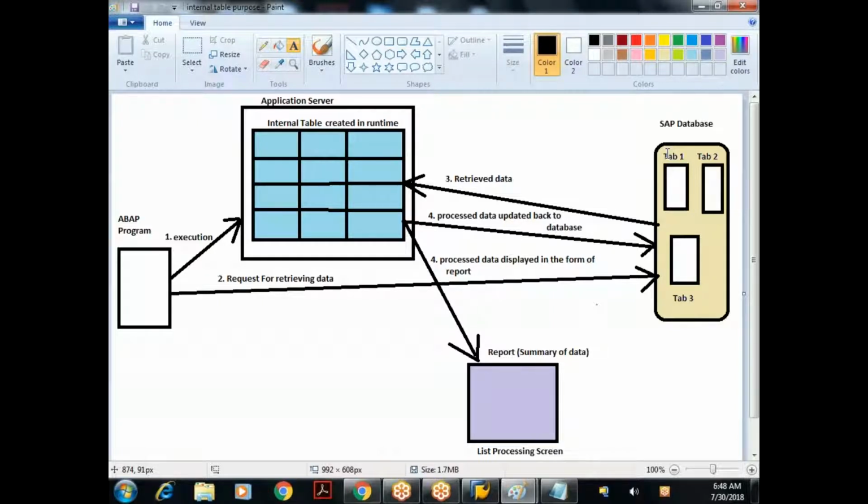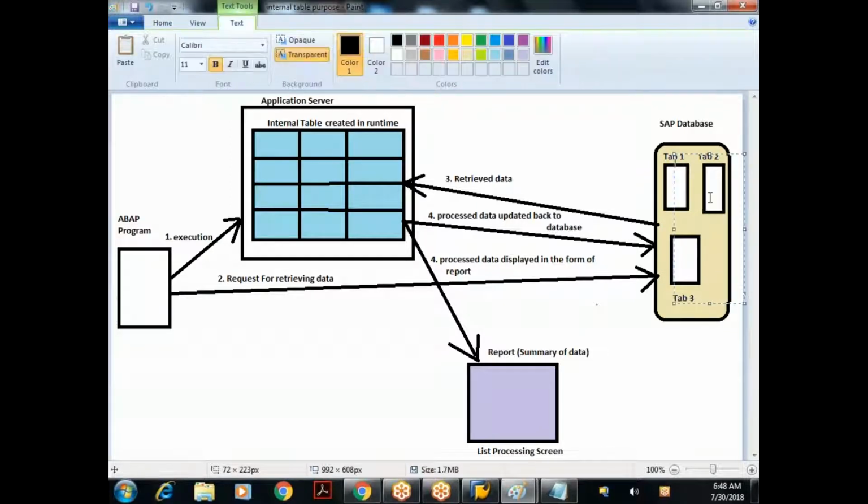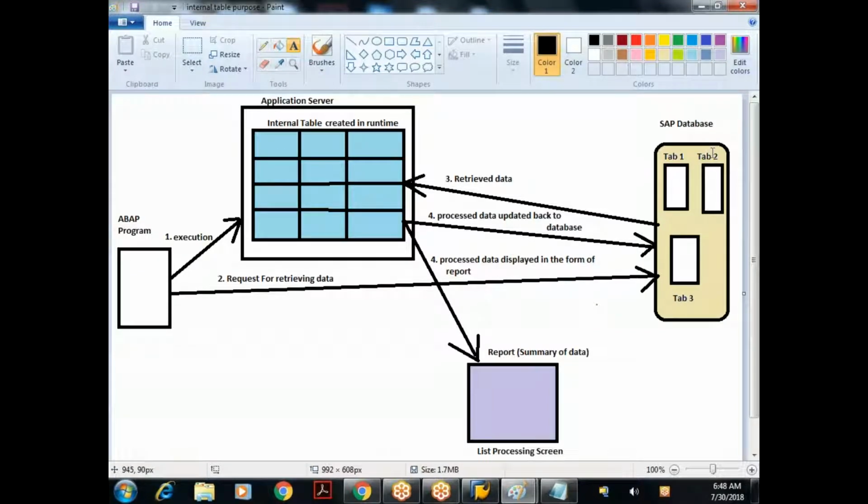Similarly, SAP ERP also contains a database. It can be any database, Oracle, SQL Server, MySQL, whatever it is. So assume that for SAP also you have one database for storing the data permanently. As part of the database server you will have database tables, and they store the data permanently. Assume we have many tables, database table 1, 2, 3, like that, hundreds and thousands of database tables containing a huge amount of data.